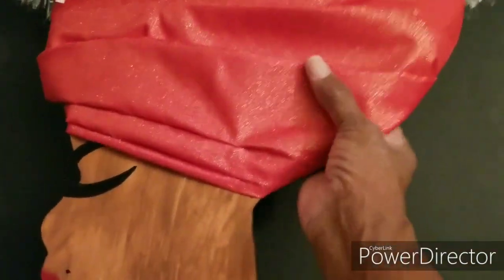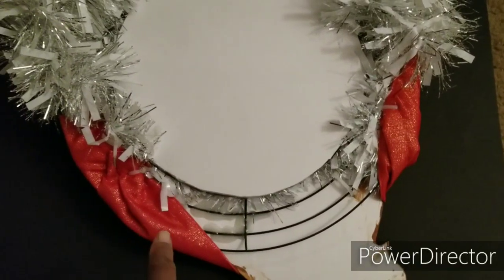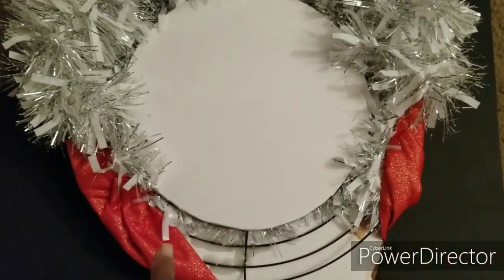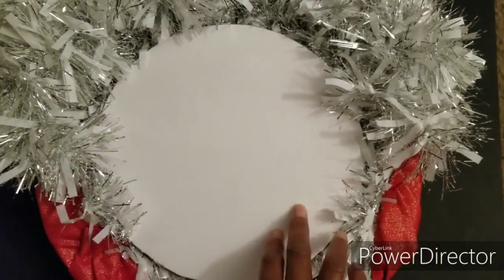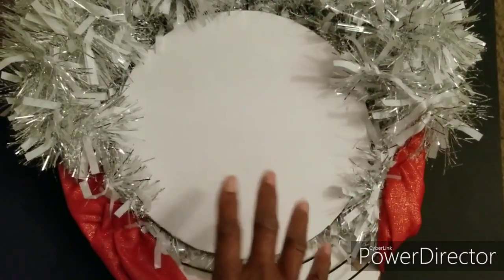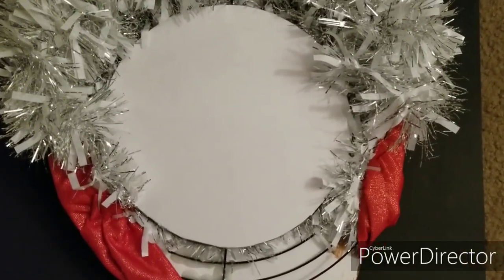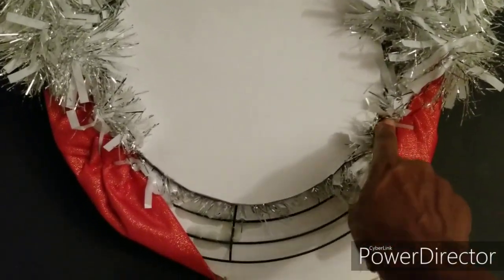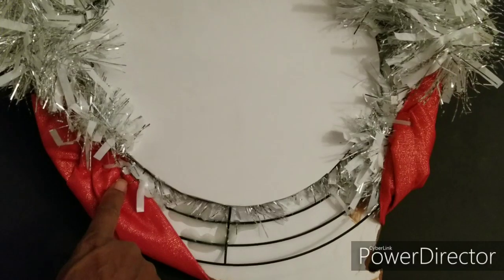Okay, so as you can see, I cut this out of foam board and placed it on the back so you wouldn't see all the wires and things. And I didn't use too many wires. I'd say maybe I used 4. I used 6 because I had to punch holes in the